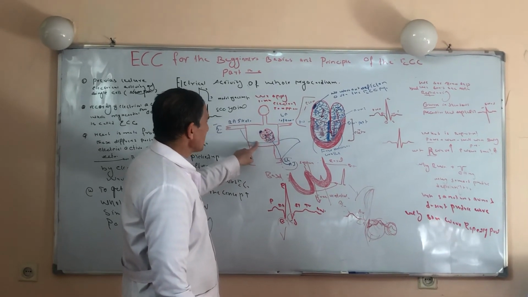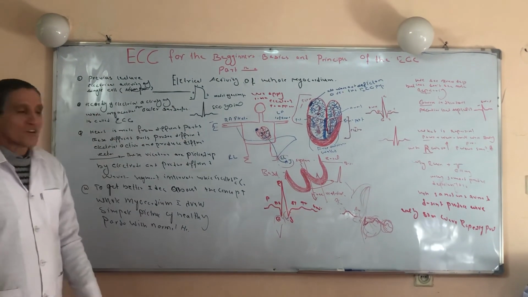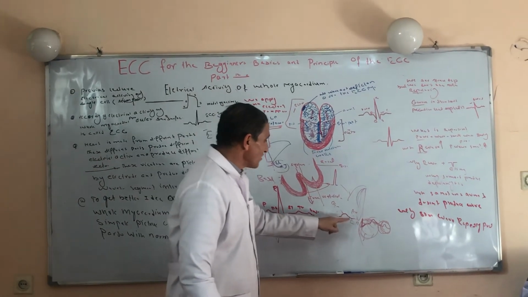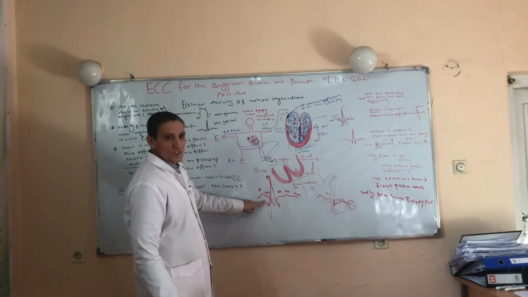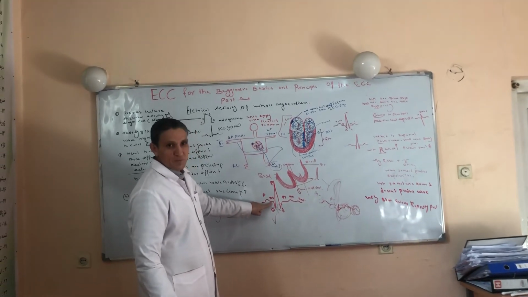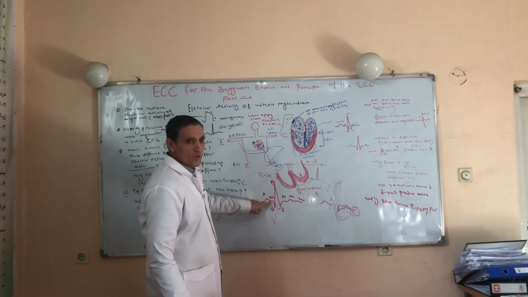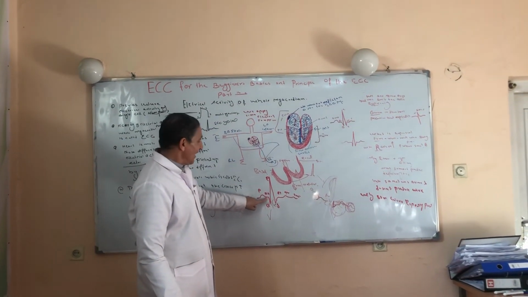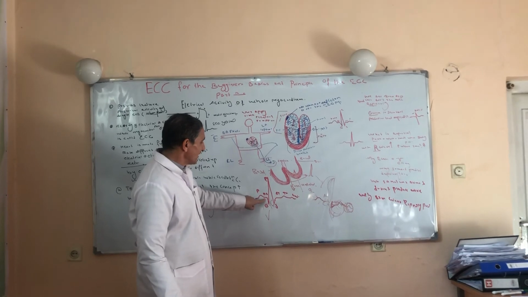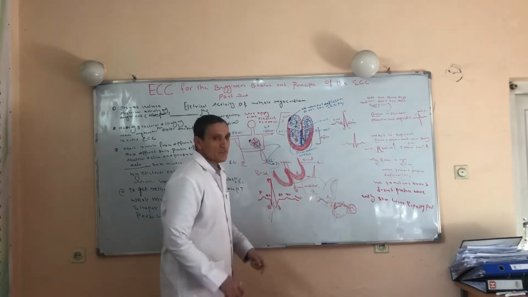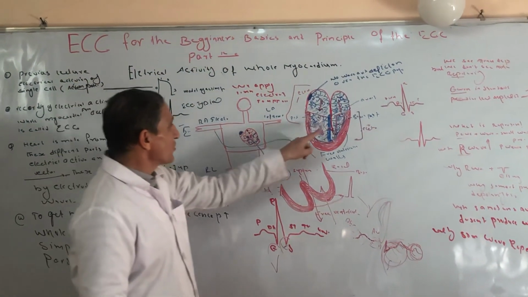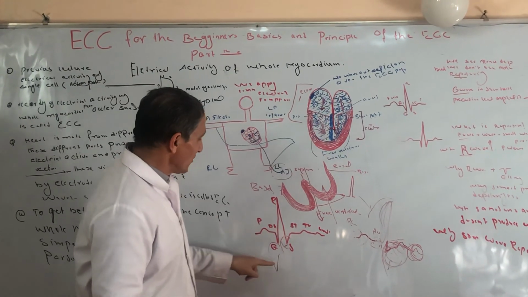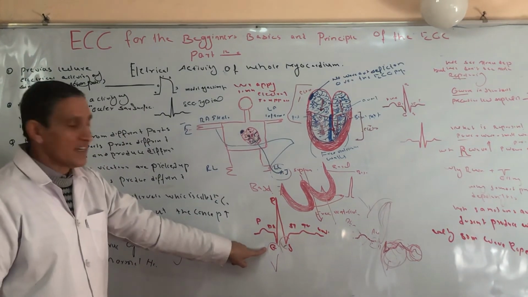Ventricular depolarization should start from the septum. I forgot to tell you about the septum. Right now we have understood the mechanism by which the Q wave is present. Q represents septal ventricular depolarization. The Q wave represents the fast conduction system, and the Q wave is a negative wave. Why negative? Because here the positive charge moves away from the electrode and produces the Q wave. This is a negative wave.